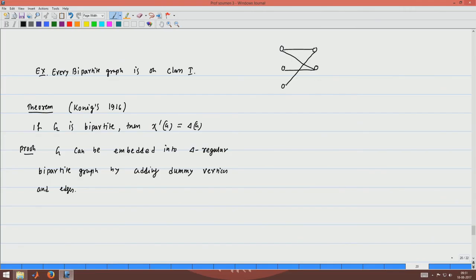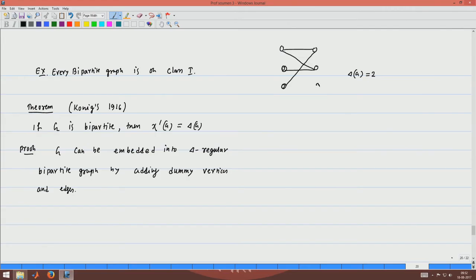So, this is the bipartite graph that you are given initially. Now, this bipartite graph has maximum degree delta G equal to 2. So, what it says is that this graph can be embedded into a delta-regular bipartite graph. That means you can convert it to a 2-regular bipartite graph by adding new vertices and edges.